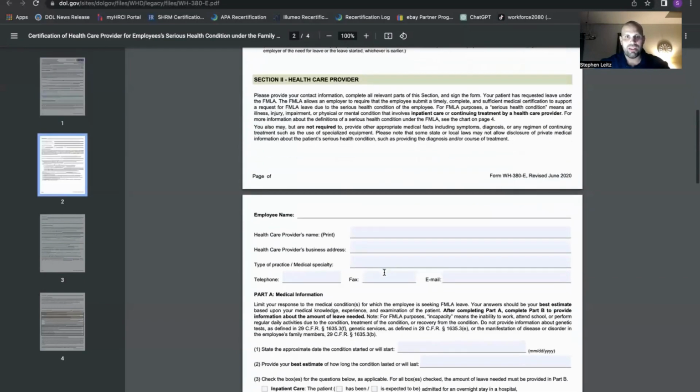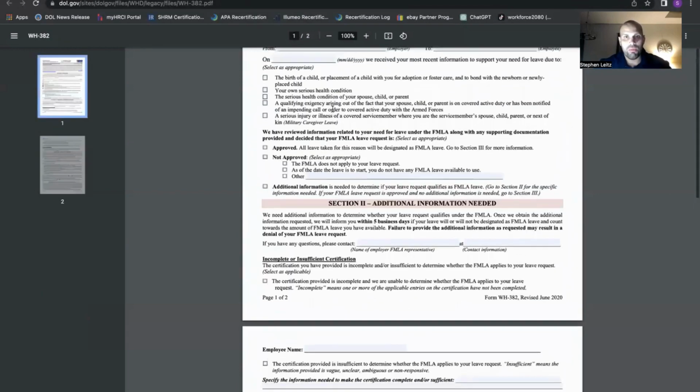Also, the healthcare provider, this is where they actually fill out those sections. Now, all I would ever fill out on this is the employee's name, and that's all I would do. The rest is up to the healthcare provider, and they would provide this back to me. Now, once that document has been filled out by the employee, my job is then to take that documentation, and with this form